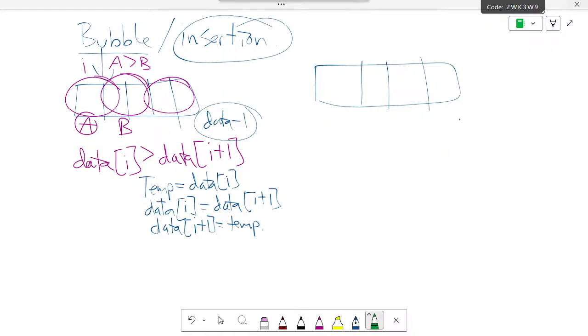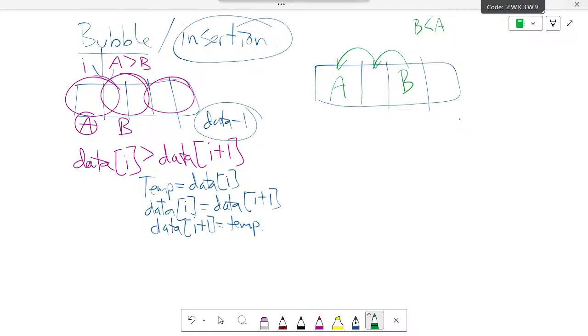So this is my A and this is my B. And we know that B is less than A. What do I need to do? You swap the places of B and A. But how many places do you have to go? 2. And so the key thing that you need to remember is